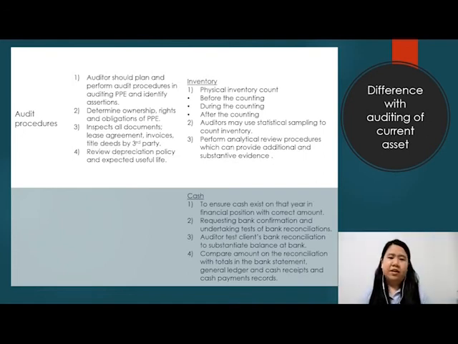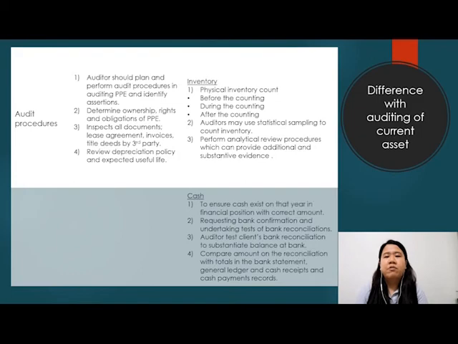Next, for the cash, it includes four audit procedures. First, to ensure that the cash asset on the financial position is with a correct amount. Second, request a bank confirmation and undertake the test of bank reconciliation. Third, the auditor tests the client's bank reconciliation to substantiate the bank's balance. And fourth, compare the amount on the reconciliation with the total in the bank statement, general ledger, cash received, and